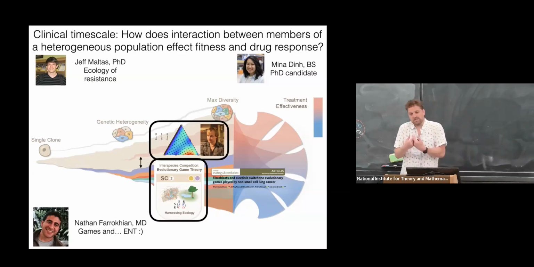But really, this timescale is, I'd say, faster. And this is where we think about more theoretical ecology type approaches. So this is where we have the wolves and the moose, for example, like a theoretical ecology framework. You don't need mutation for population fluctuations. Maybe you need a harsh winter and all of a sudden populations fluctuate wildly. Maybe as an oncologist, I can impose a harsh winter type of idea, right? So can I take the tools from theoretical ecology, and again, there are probably theoretical ecologists in the room, can I take those tools and put them to use in anger to take care of the patients that we have in front of us?